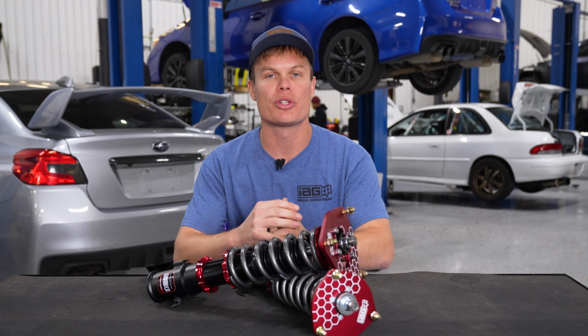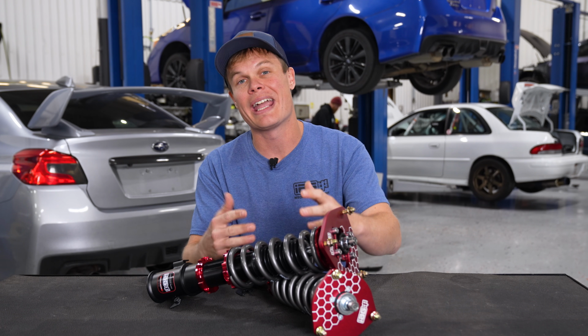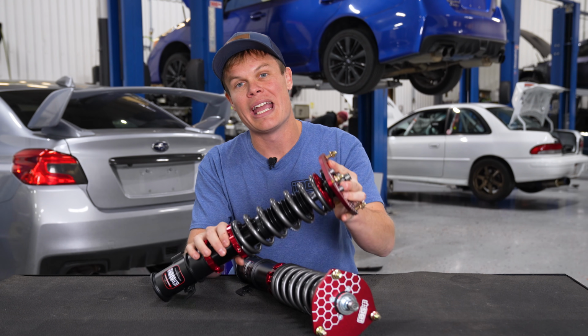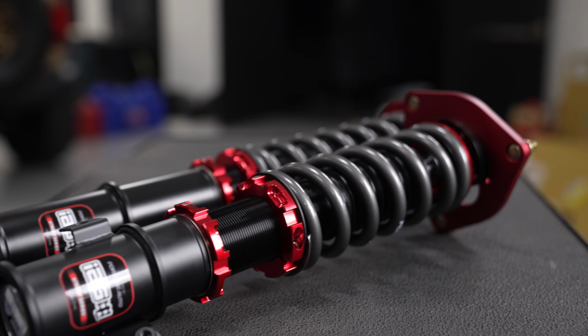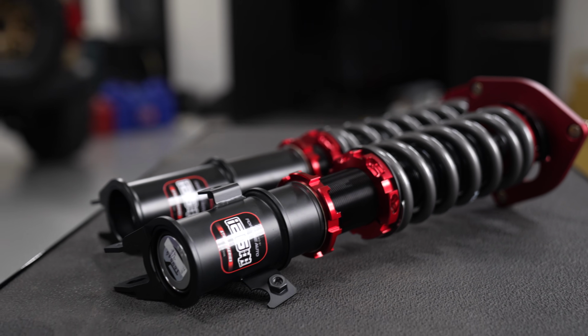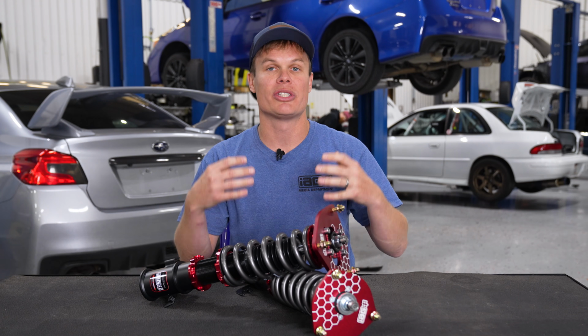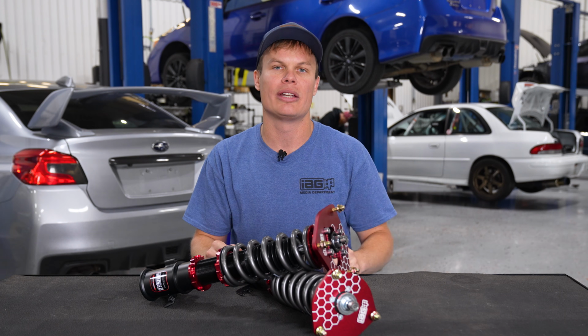A standard Fortune 500 has 117 millimeters of front shock stroke and a 7-inch long spring. We've added an 8-inch long spring and 127 millimeters of front shock stroke. Now what this does is it allows the shock to have a greater range of travel without hitting the bump stops, which results in a better handling feel, and of course you have a more comfortable ride due to that